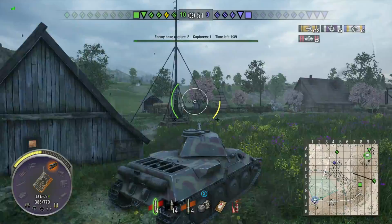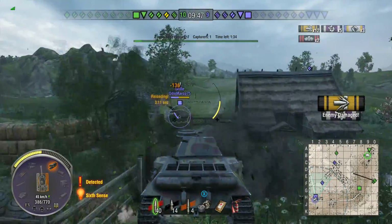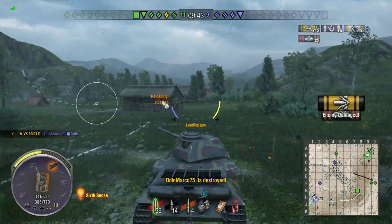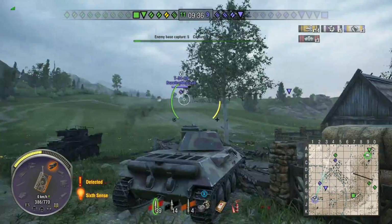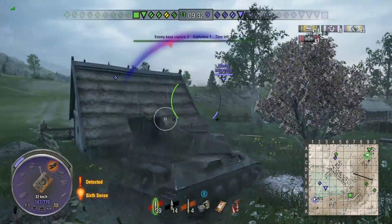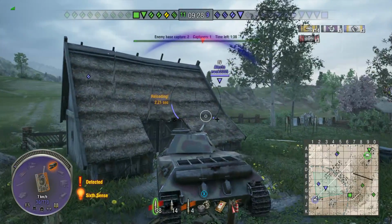And it's about this time that I noticed at the top of the screen that the enemy team had caught up a little bit, and we'd only got a 1-tank lead, which is now 2, but still it's not looking quite as healthy. The enemy team have had quite a good comeback there. We had a 4-tank lead at one point. It got reduced to 1. Now it's 2, and unfortunately,